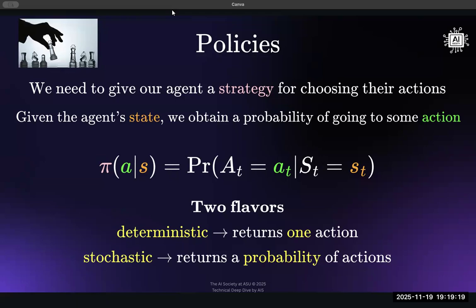Generally we deal with stochastic policies because they're a little more applicable in the real world setting, where taking actions we need to introduce uncertainty in our environment, and to make sure our agent learns to make decisions under uncertain circumstances.